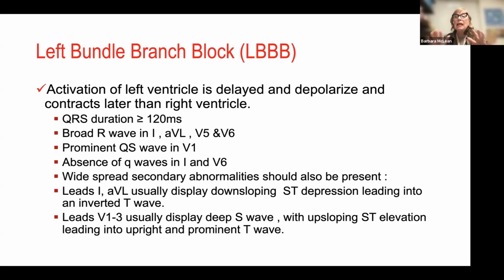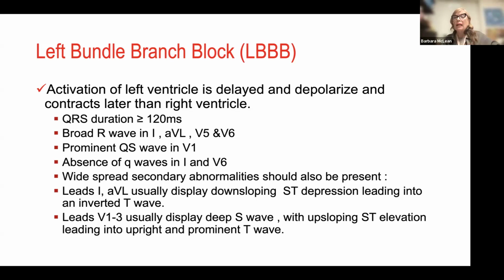So I now have dysynchronous depolarization and dysynchronous contraction whenever you have a bundle branch block. With the left bundle branch block, the right ventricle depolarizes and contracts first. The left ventricle depolarizes and contracts second, and it's a prolonged second because it takes a lot of time to pass that electrical stimulation through cell by cell to the left ventricle. So again, your QRS duration is greater than 120 milliseconds, and you're going to have a very wide-looking R wave